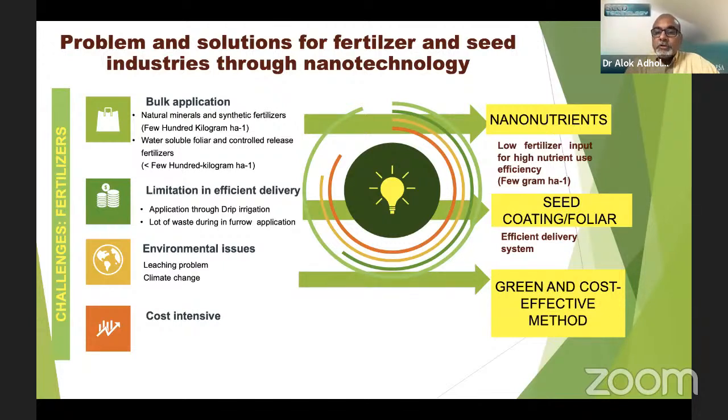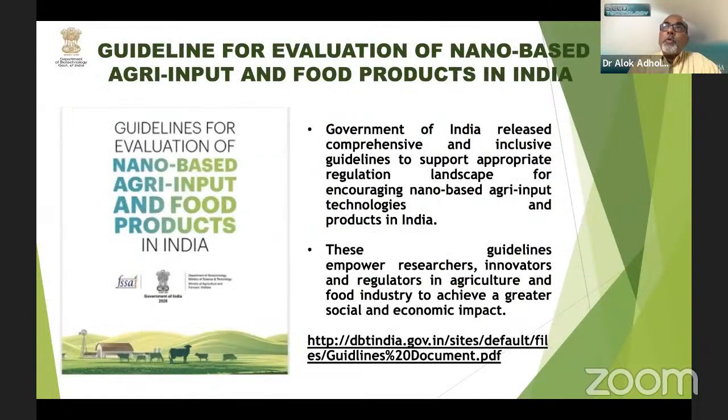The green and cost-effective methods are emerging, and therefore there is a need for regulation. That is the purpose for which we tried to develop the guidelines for regulators, so that they can develop and enact efficient regulatory systems and mechanisms by which not only innovations can be encouraged, the product can be encouraged to come to the table, but also there should be enough information for developing